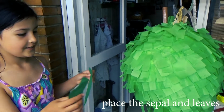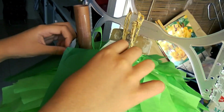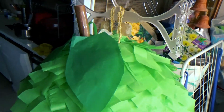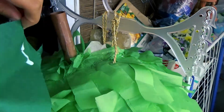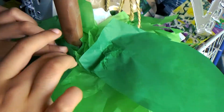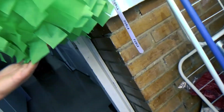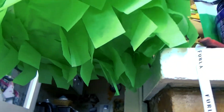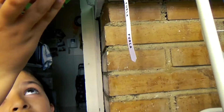Now with the leaves. We'll place the leaves where the stalk is and glue them on to the piñata, very close to the stalk. Now with the staple. The staple will go on the bottom of the piñata where you started to